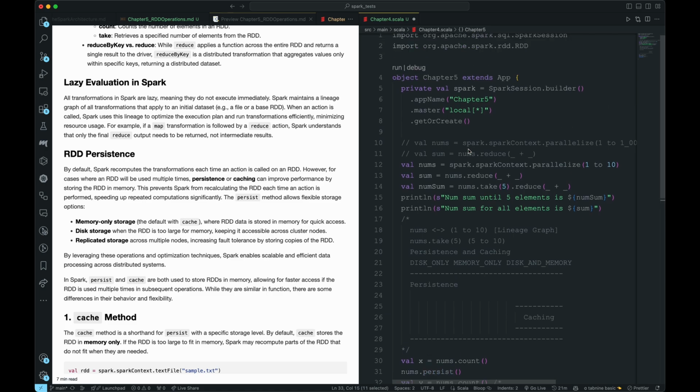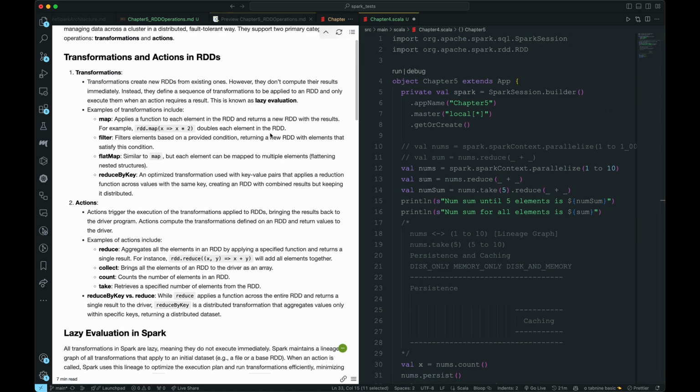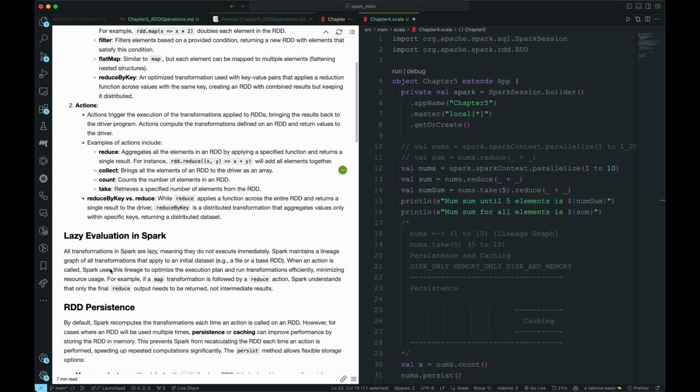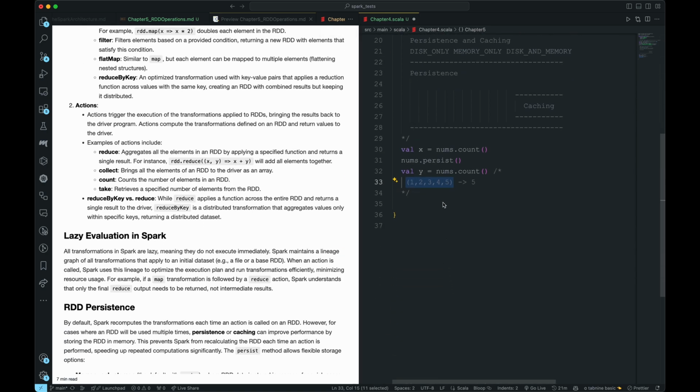In our case actions are what we had, like reduce, collect, count, take, right? As we know, the rule of thumb is transformation is a lazy evaluation, and only when an action takes place